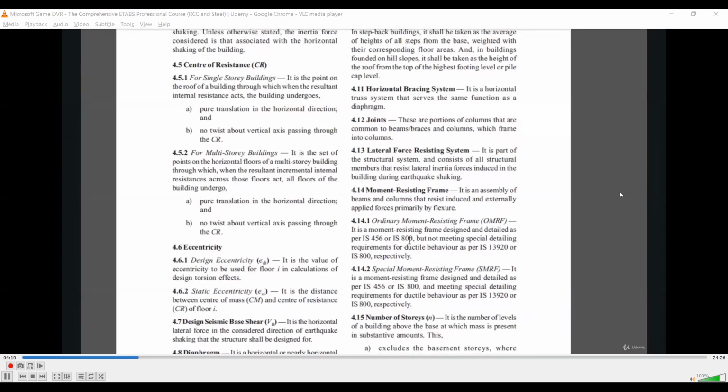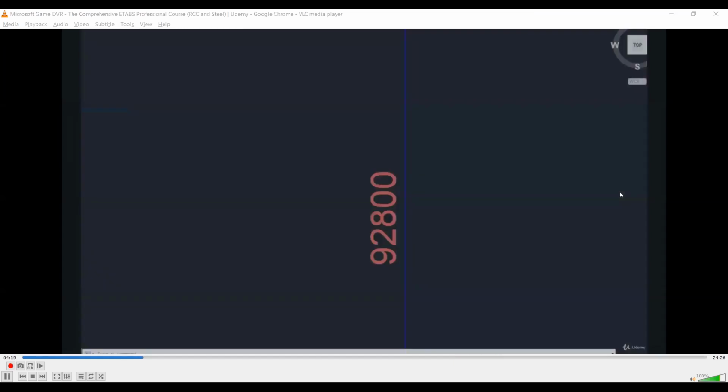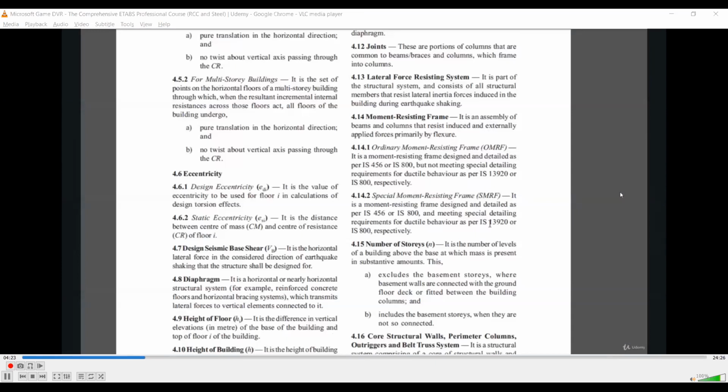IS 800 is for steel design, not meeting special detailing requirements as per IS 13920 or IS 800 respectively. But for the special moment resisting frame, as we are providing in our building, that is SMRF, it has to be compliant with IS 13920.